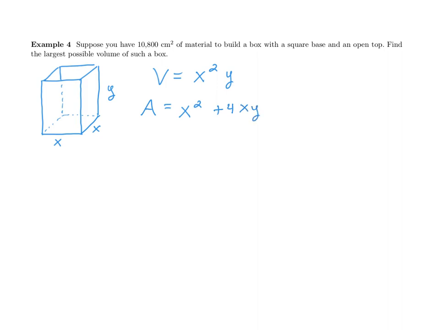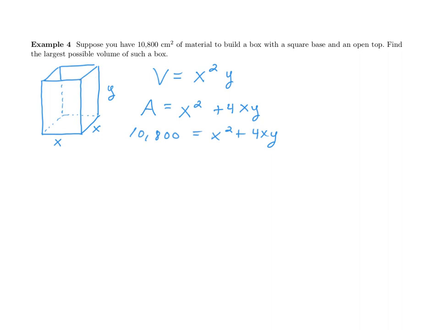Because there's no top, this is the area of this figure. And we can actually set that equal to 10,800. Now, even though I know that there's 2 sides to each of these, a bottom and a top, you're only going to use enough material to build one figure,